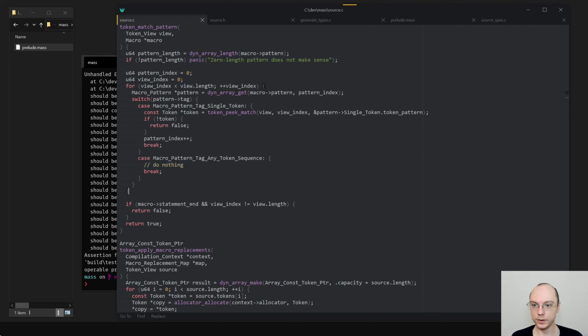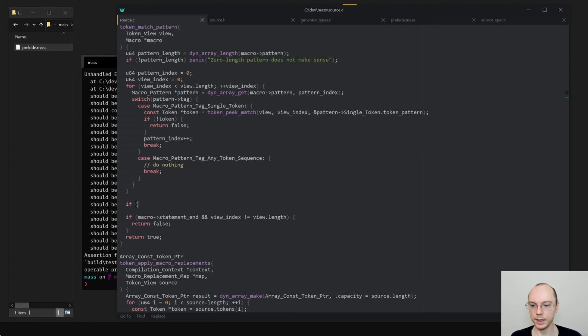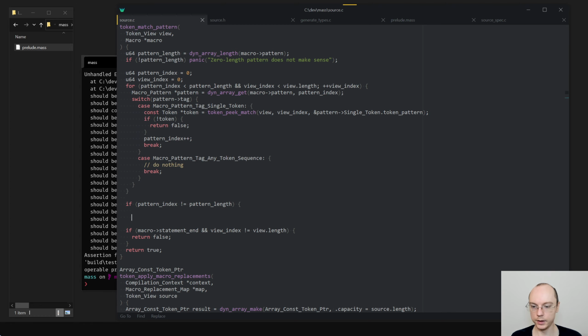And in here, we would need to say that if pattern index, so here we'd actually also say pattern index less than pattern length, and if pattern index is not pattern length, then return false.